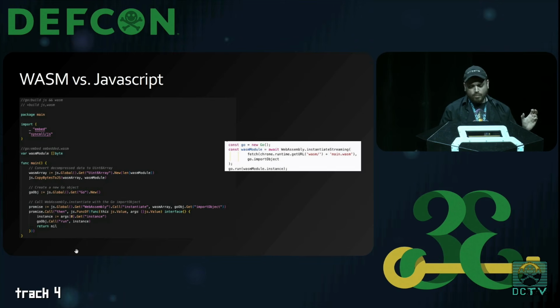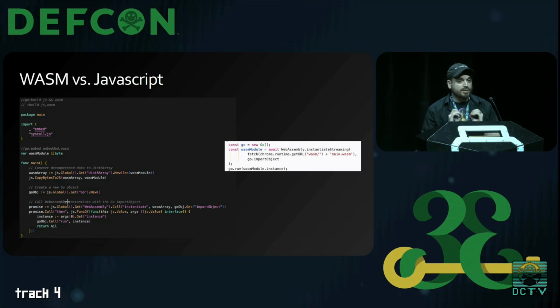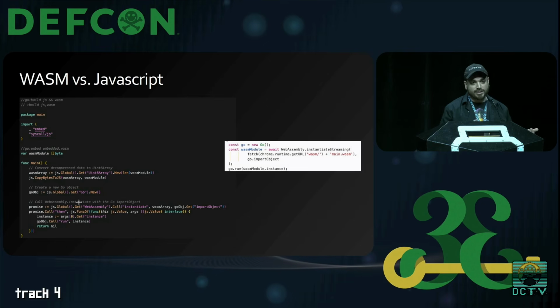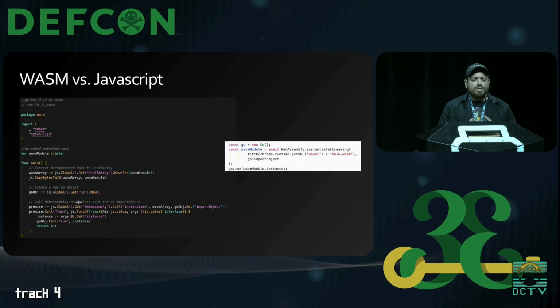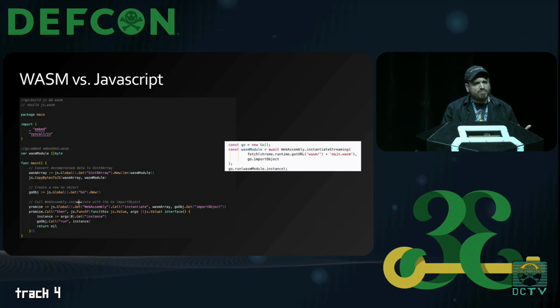In Go, I don't expect people to be able to read this and understand it immediately, but we're doing the same thing. And there's an interop object within WebAssembly that we can use to call back out to JavaScript and do the exact same things. It's a little more verbose, but ultimately, you can replicate probably 90 to 95% of what you can do in JavaScript within Go, and then you're off to the races. So as a result of this,